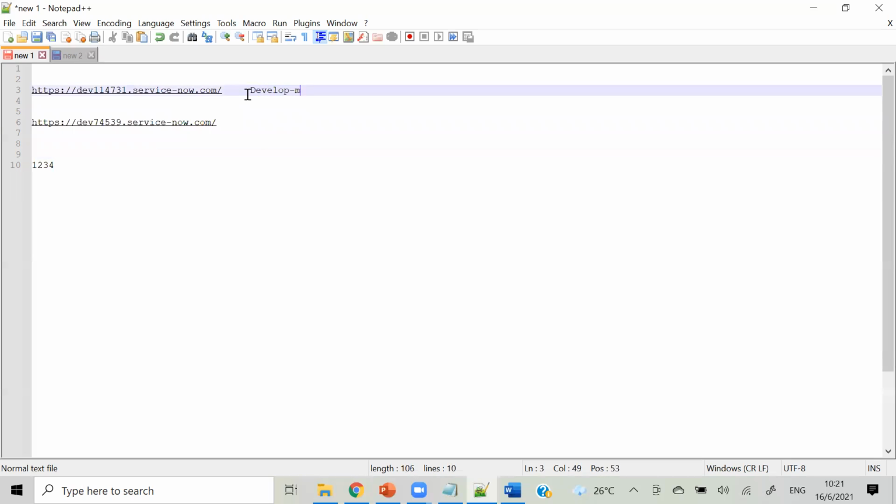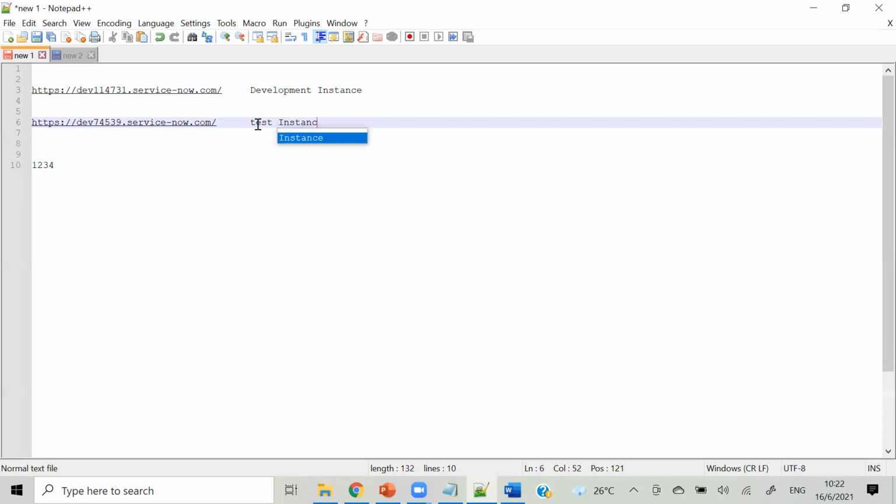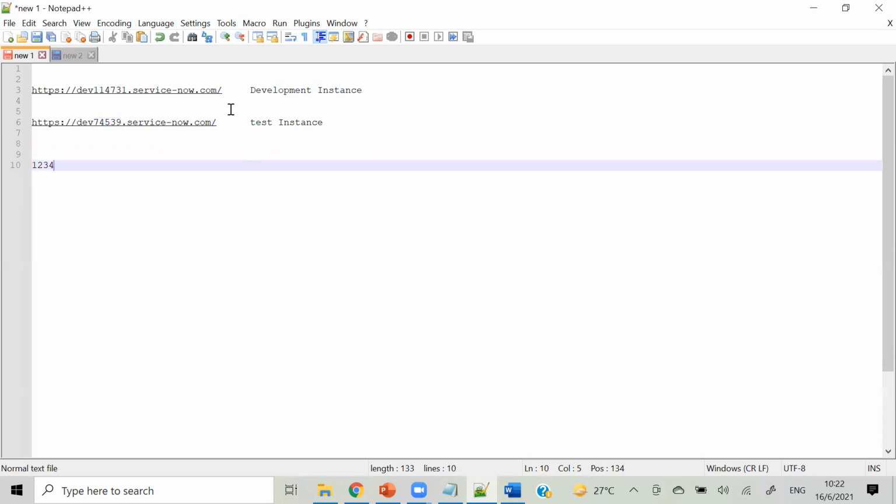I am taking my instance as the development instance, and this second one, 74539, I am taking as the test instance. So I will develop something here, and then I will try to move those changes to this second instance, and let's see how that gets moved.